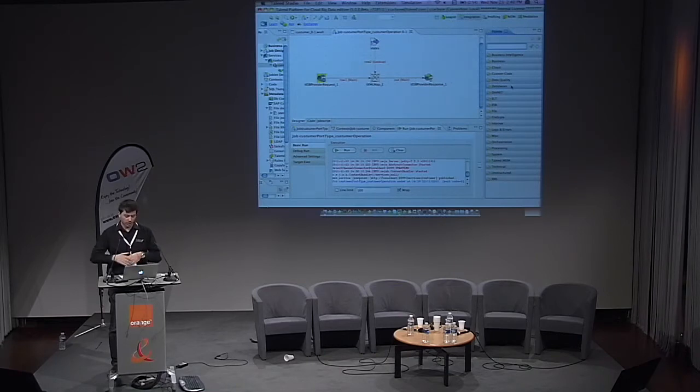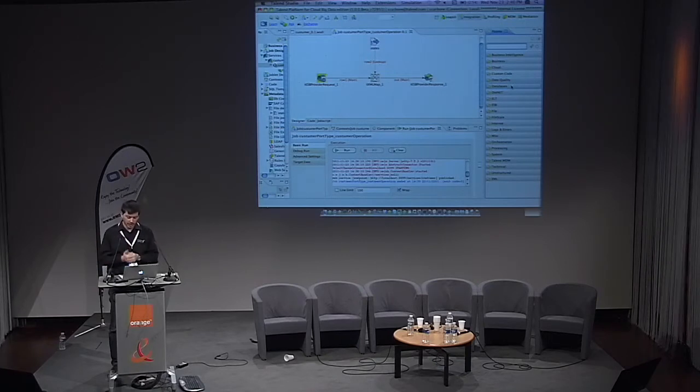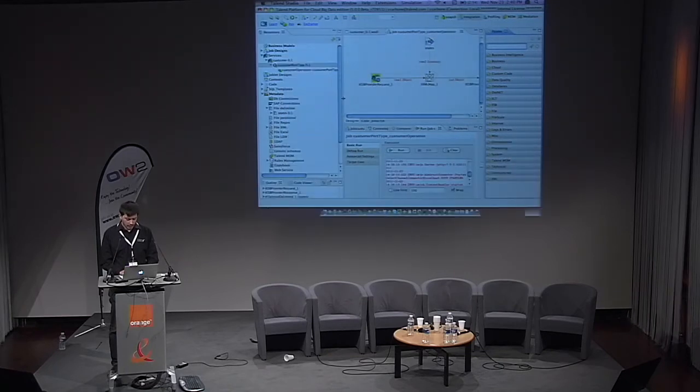That means you can work with JMS, you can work with a cloud application like Salesforce, or you can work with SAP, all these kinds of applications, and it's just a question of drag and drop, setting it in the metadata layer, and using it in your job.